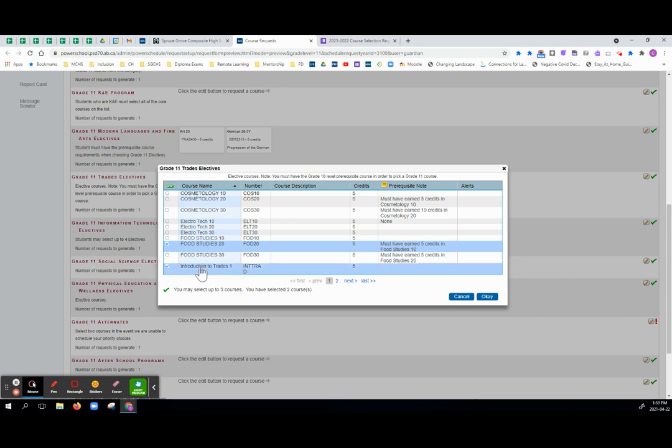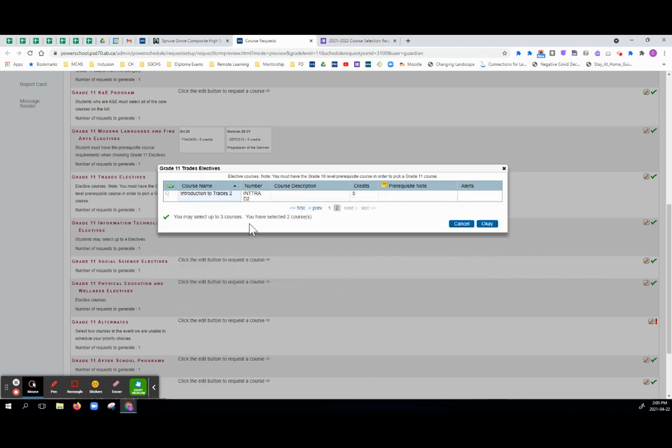Just a note regarding intro to trades, you can take Intro to Trades more than once. You can select it twice. You have Intro to Trades 1 here. If you want it again, you can take Intro to Trades 2, and that allows you to do more work in the mechanics, fabrication, and